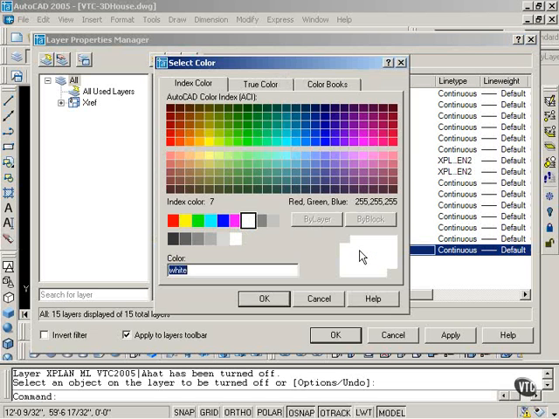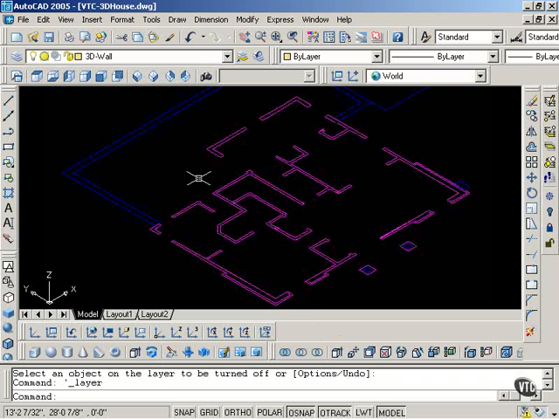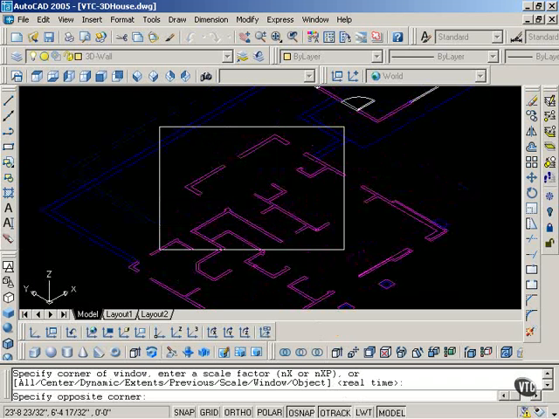Going over to the color, I'm going to explore the other colors that I have available, because when this model prints out, I want all of the lines to have the same line weight. So I will be using monochrome, therefore it does not matter what colors I select. I'm going to make this current and select OK. I'm going to zoom into this area,